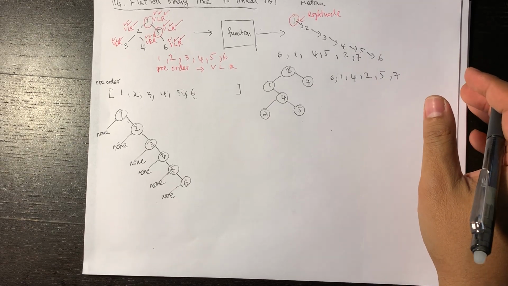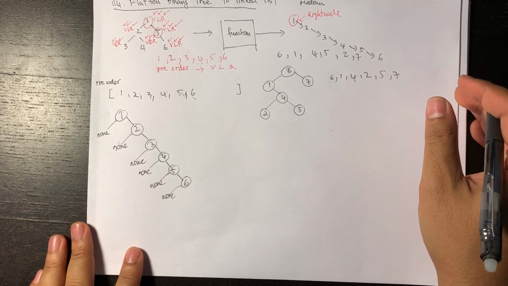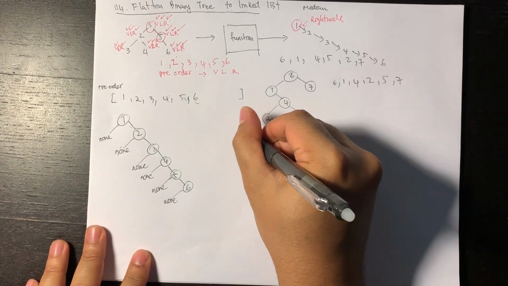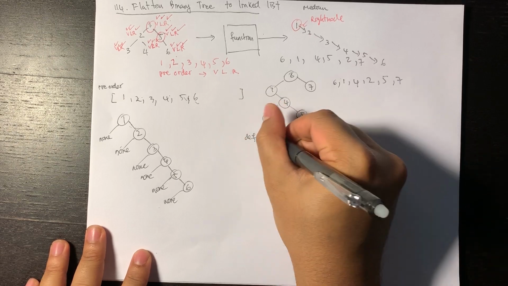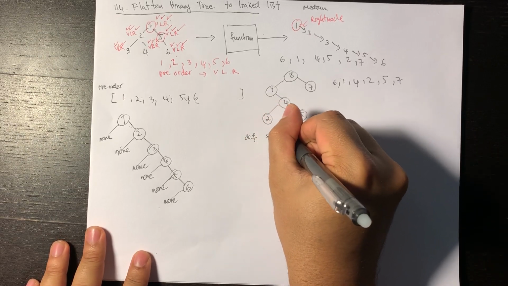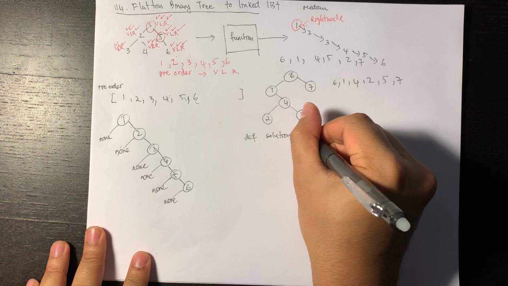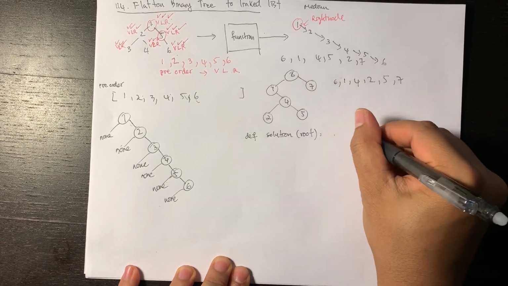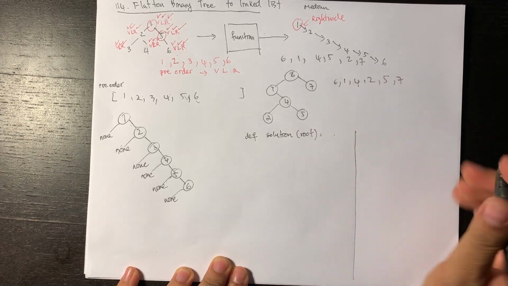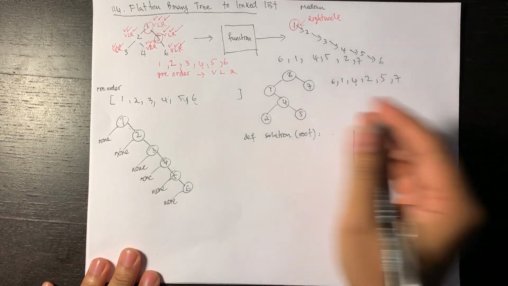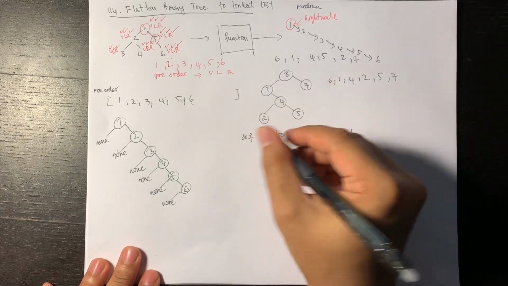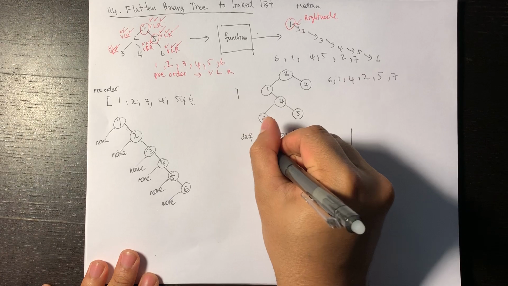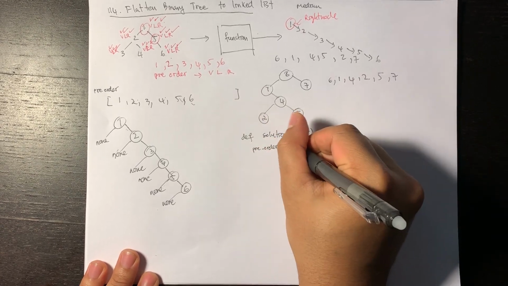So let's say that we go with that idea. How would I implement this in the code? Let's define solution. Excuse me, I might need some more space. So I need a list to store the pre-order. So I call it pre-order, and set it to a list,